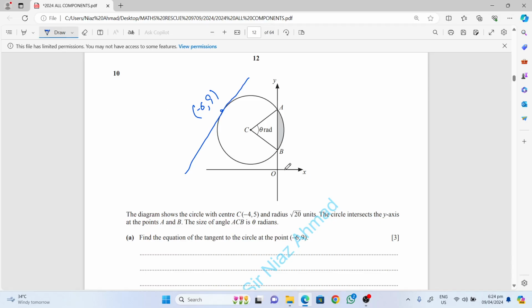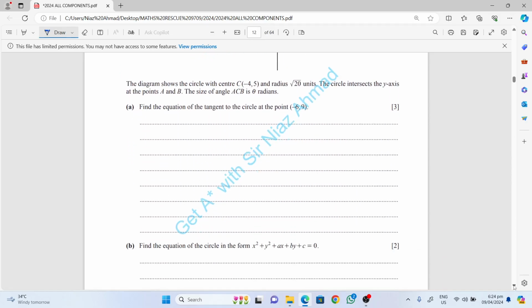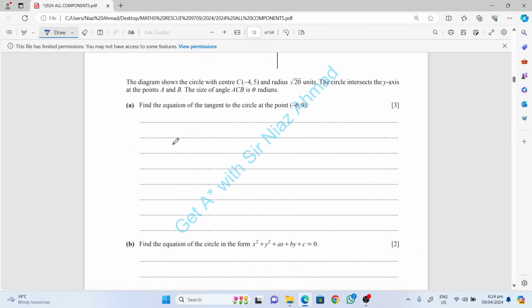So get the gradient. If you want to join this line, this is a 90 degree, and if this is a 90 degree, so you can say radius is 20 under root. This is your radius and it is under root of 20. Find the equation of the tangent to the circle. So first get the gradient of the normal. This is your normal,